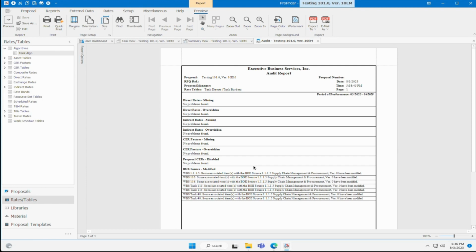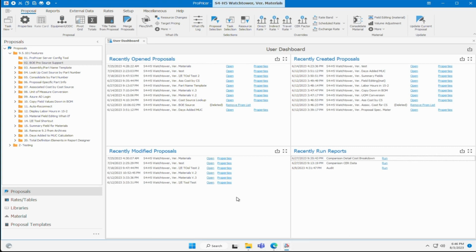Alright, so now we're going to move into some of the main ProPricer specific features, starting with the assembly part name template system setting. So this particular feature has some cascading effect on a few other features we're going to talk about in a minute here, but this particular feature is mainly a system setting that allows users to customize what they define as the uniqueness for their assemblies or part names in the material library. So if you're using materials in ProPricer, detailed materials that is, this allows users to tell ProPricer, hey, what is